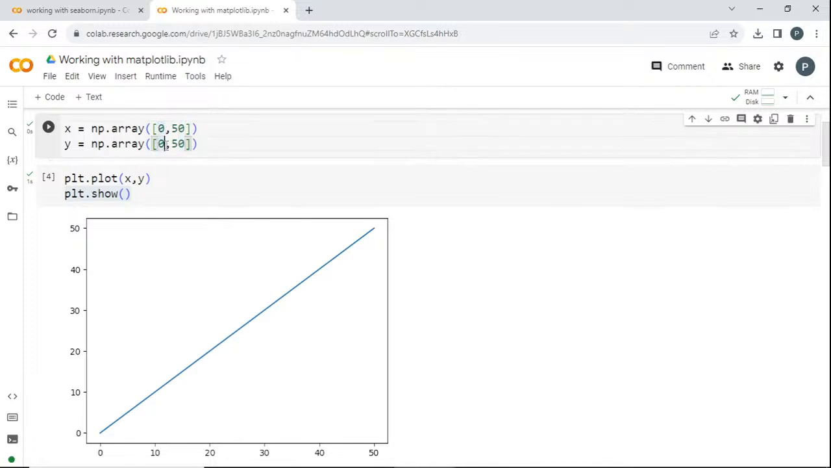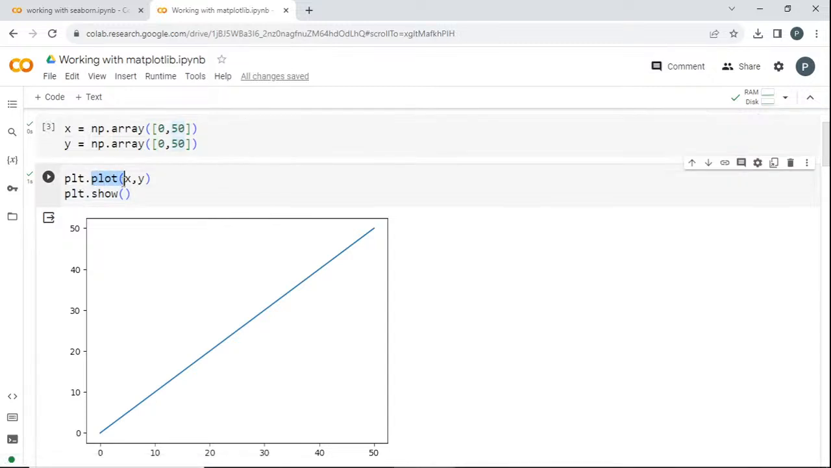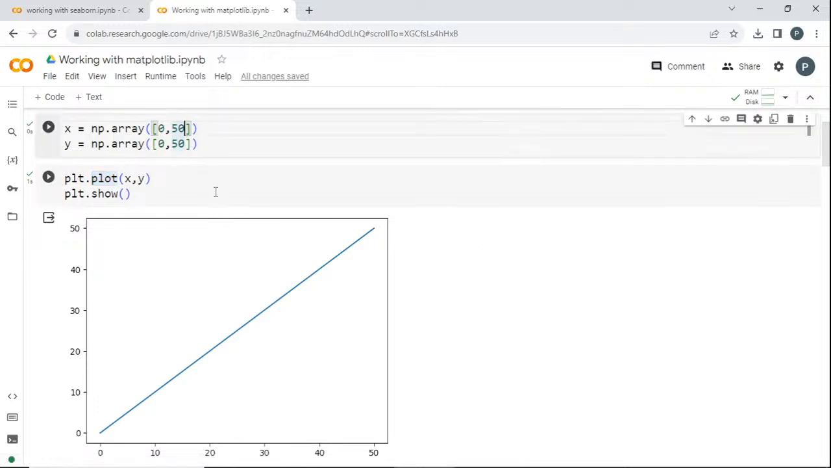This is 0, 0, right? So the first point is 0, 0, and the next point is 50, 50. So it's here. Since you have called plt.plot, it has just drawn a straight line for you connecting 0, 0 and 50 cross 50. For example, if I have another point,